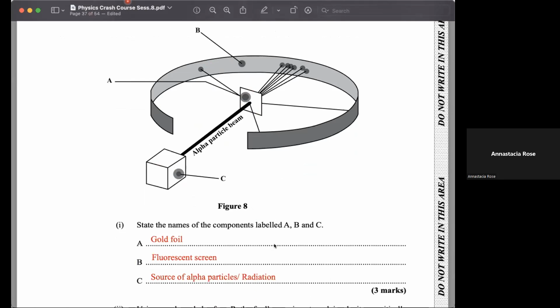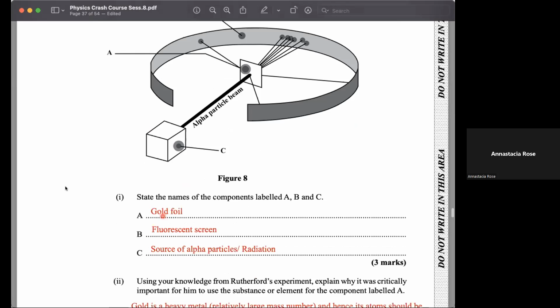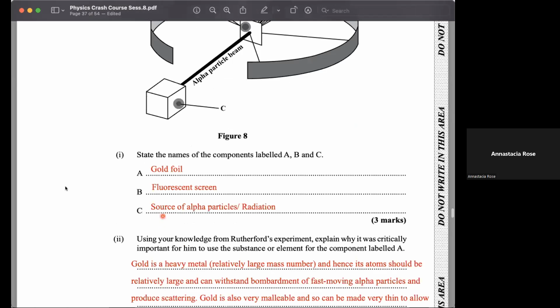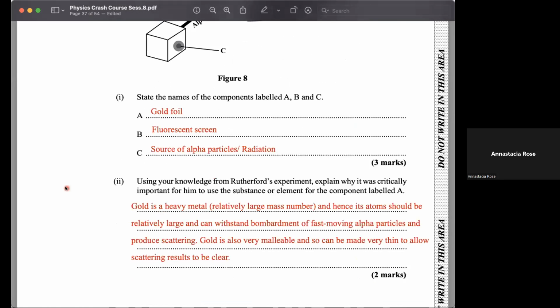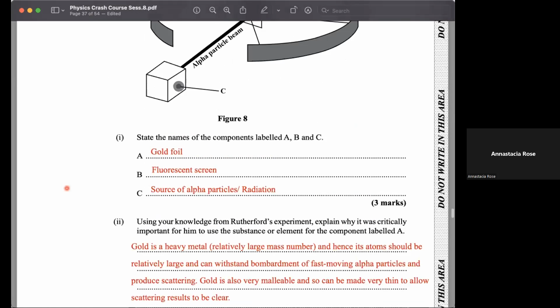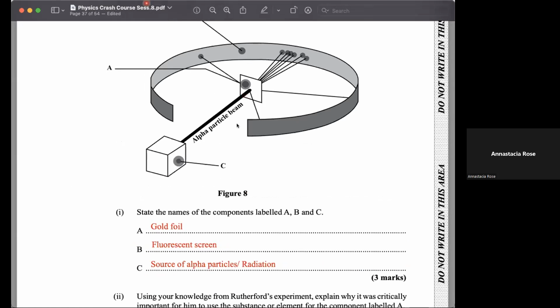Now, using the first experiment, explain why it was critically important for you to use the substance or element component labeled A. We identified that A would be the gold foil, right? Remember that gold is a relatively heavy metal, so it has a relatively large mass number. Because of this, the atoms present in the gold foil are able to withstand bombardment of the fast moving particles. They should also then be able to produce scattering. So the material is also made thin so that the